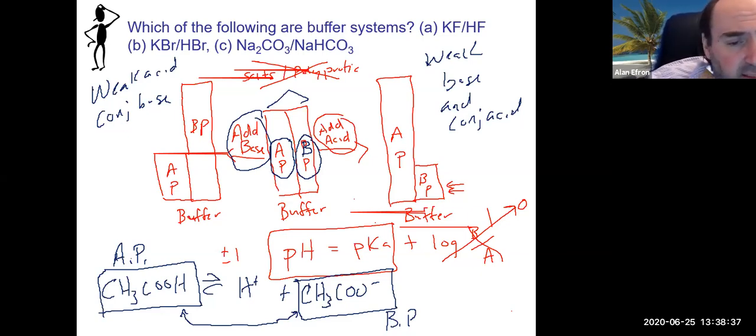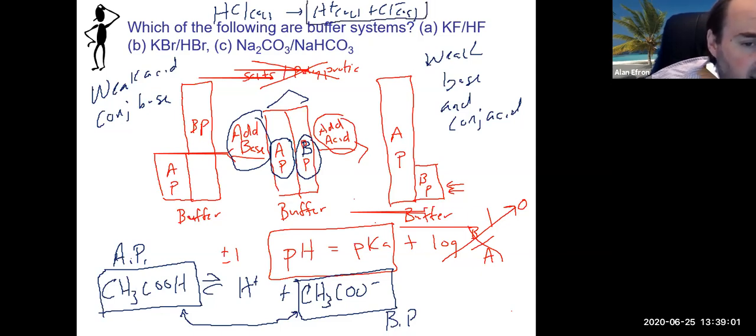And again, that's different than if you try to make a buffer out of a strong acid or a strong base. The reason you can't do that is, if you take something like hydrochloric acid, it's going to break apart into H plus and Cl minus. And this is 100% what you would have in that solution. You would have none of the acid part in that solution anymore. You would just really have the conjugate base part, and it would have no way to really act as a